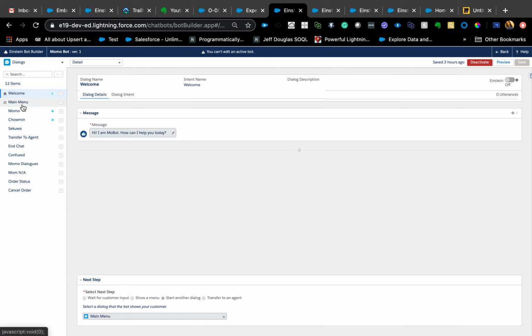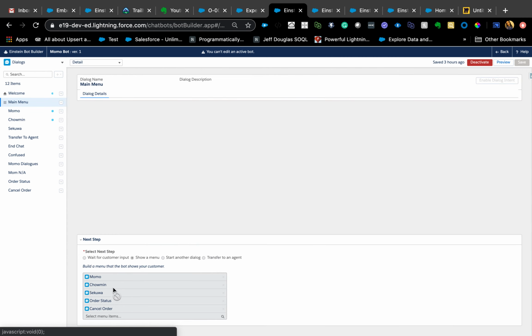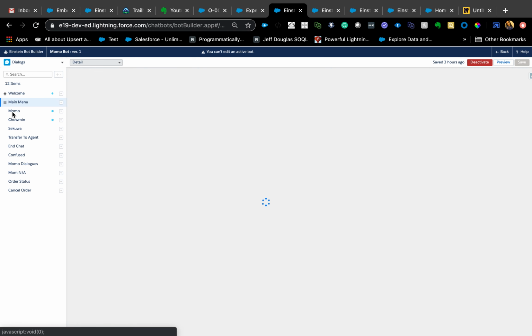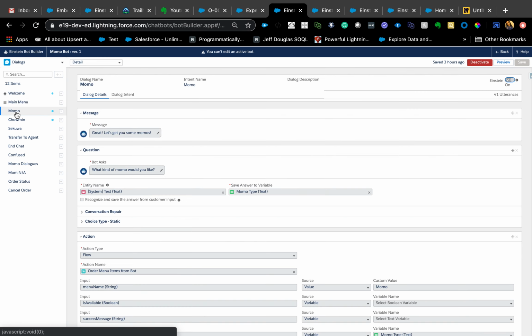So I'm just going to quickly walk you through what the different options are, right? So welcome, this is the message, you can edit that. Main menu, and then we have under main menu, these are different dialogues, show a menu. And then once the users or customers select Momo, these are the different options. So here,